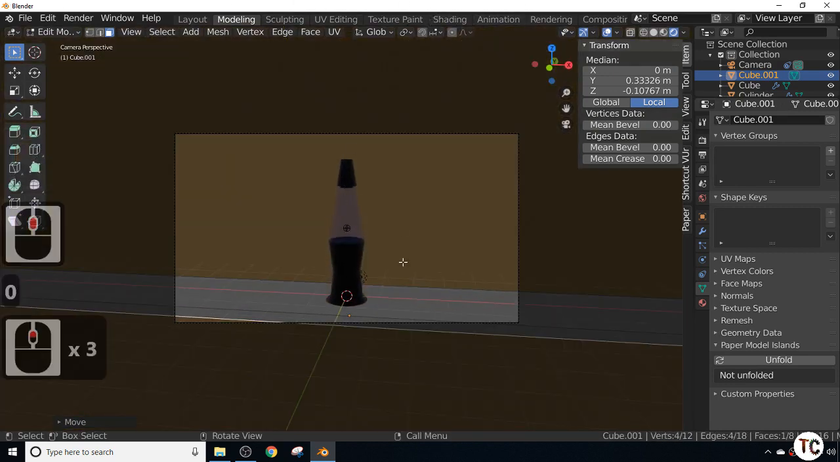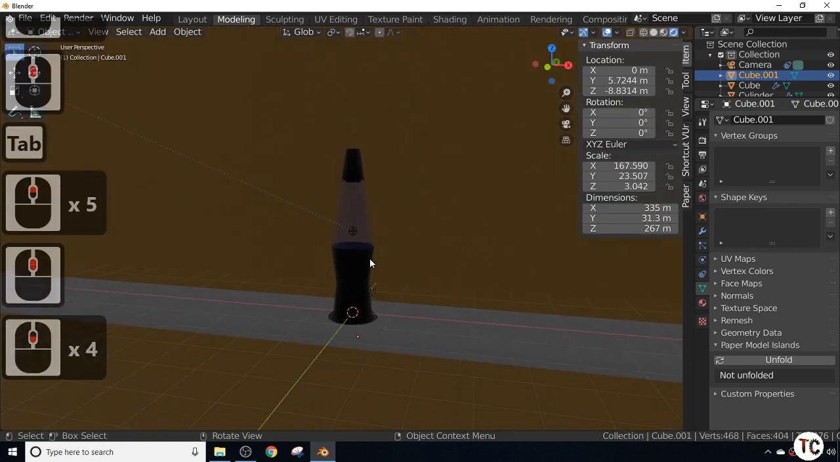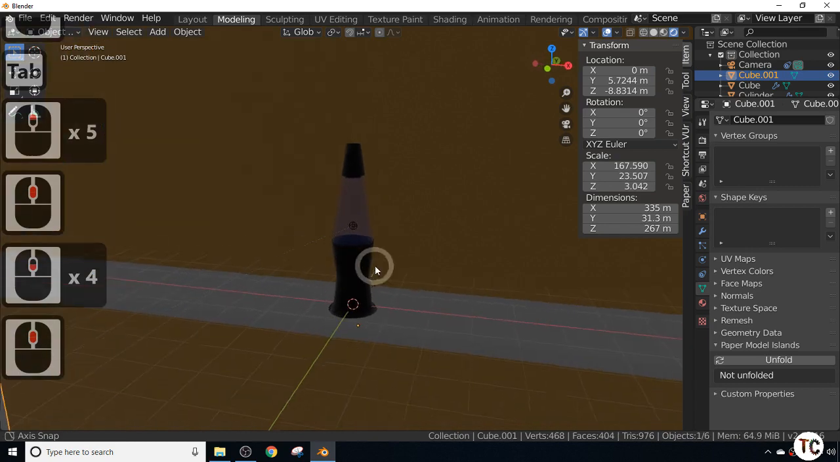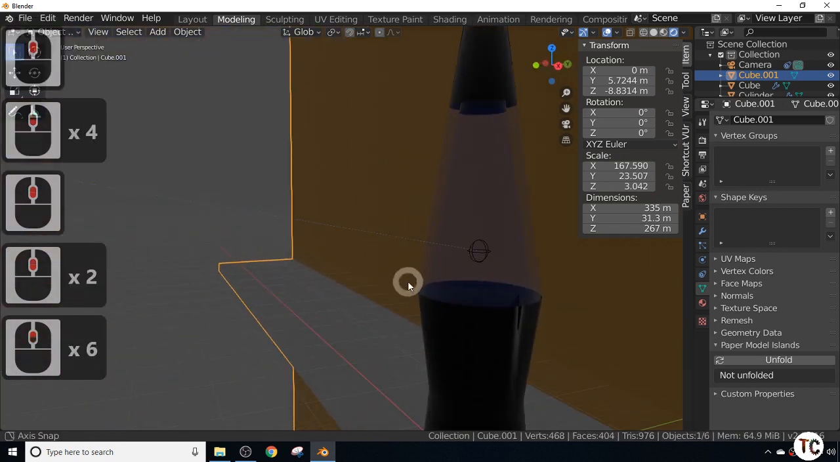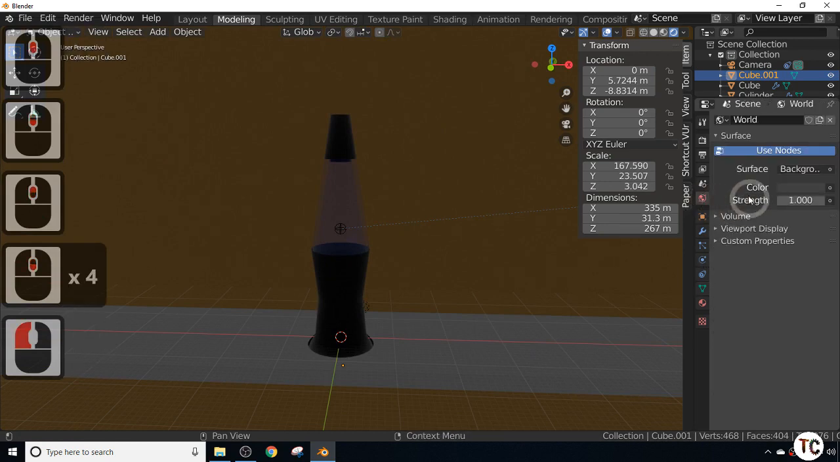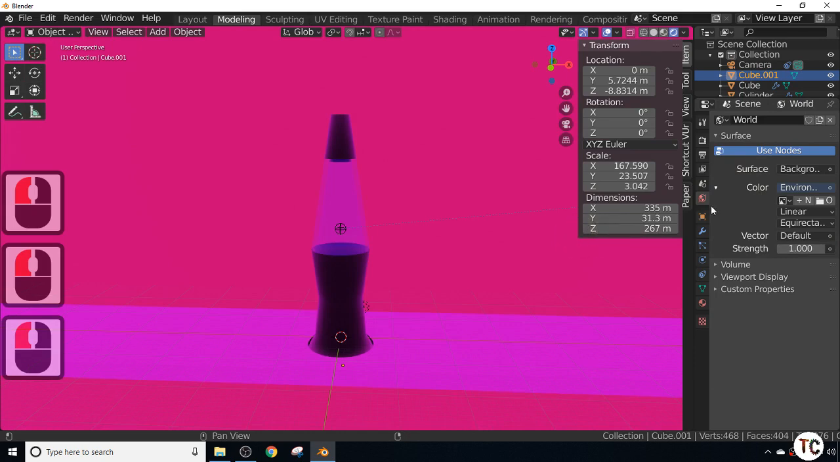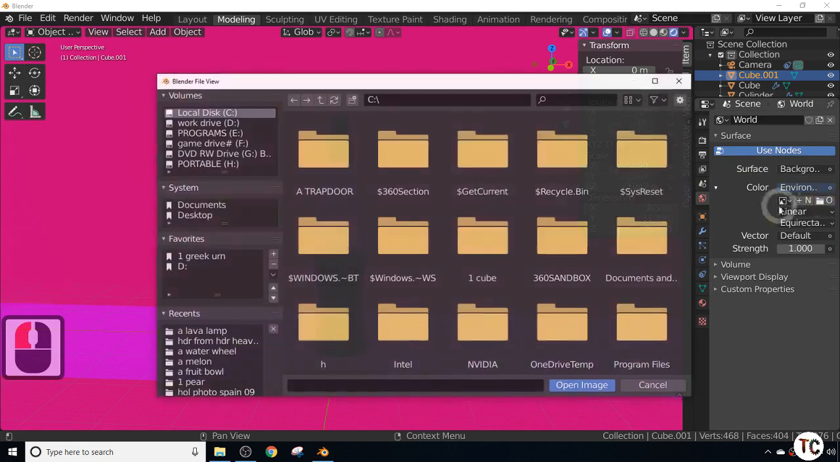Alright, so I've made this basic lava lamp. But it's not looking very much like a lava lamp at present, and the reflections are absolutely rubbish on it. So what we're going to do is add a background to this, and the background is going to be an environmental texture. Did that by actually hitting background, hitting a little dot at the side,